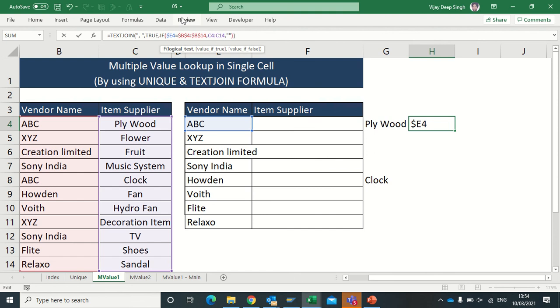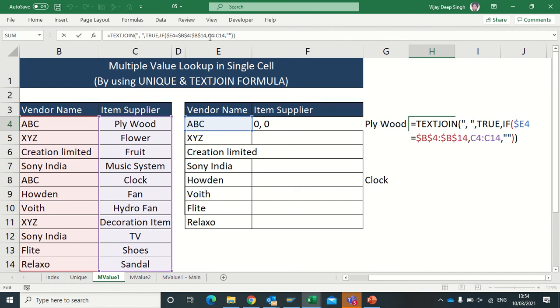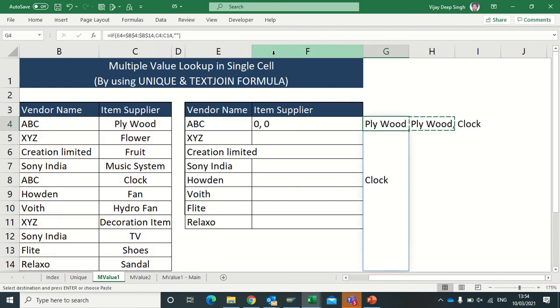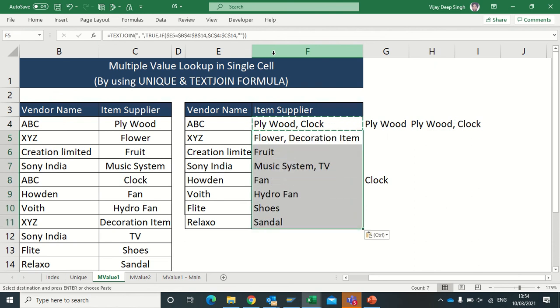I am freezing the E cell, and if I copy and paste it here, I will get... sorry, I have to freeze this cell also. Now I will get the list of all items each vendor is supplying. Suppose XYZ is supplying flower decoration. So it's very easy to use and you can get the values in one single cell.